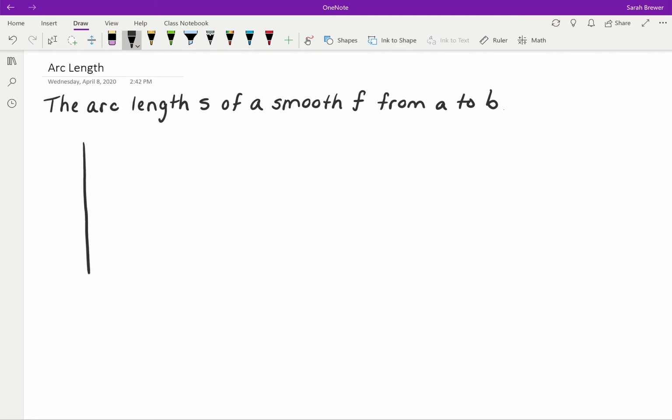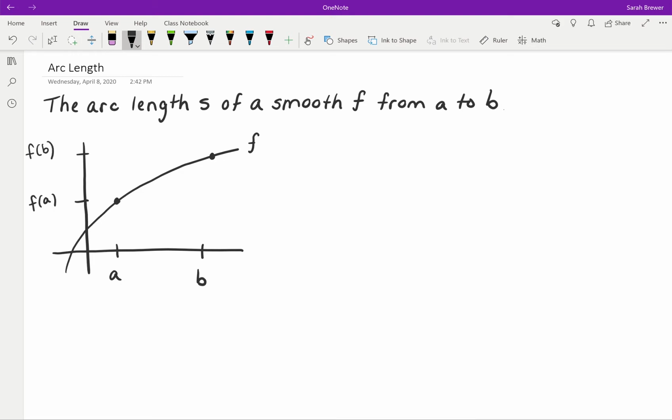Well, if we have a nice function here, call it f, and we have a closed interval a to b, basically what we're saying is if I were to lay a tape measure along this curve from this point a, f of a, to this point b, f of b, how long would that curve be? So much like we did